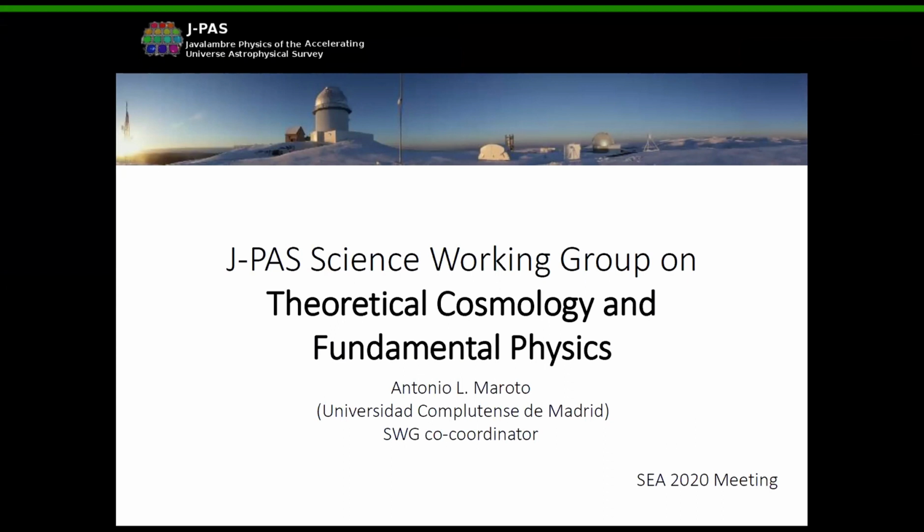So as you have seen in the previous talks, J-PAS will be able to map the position in space of millions of galaxies and quasars over a cosmological volume. And this will allow not only to determine the distribution of matter on large scales, but what is more important from the cosmological point of view, the time evolution of these structures. This, as we will see in a minute, will allow J-PAS to determine the expansion history of the universe, the growth rate of structure formation as a function of redshift, and this will provide very useful information about cosmology, but